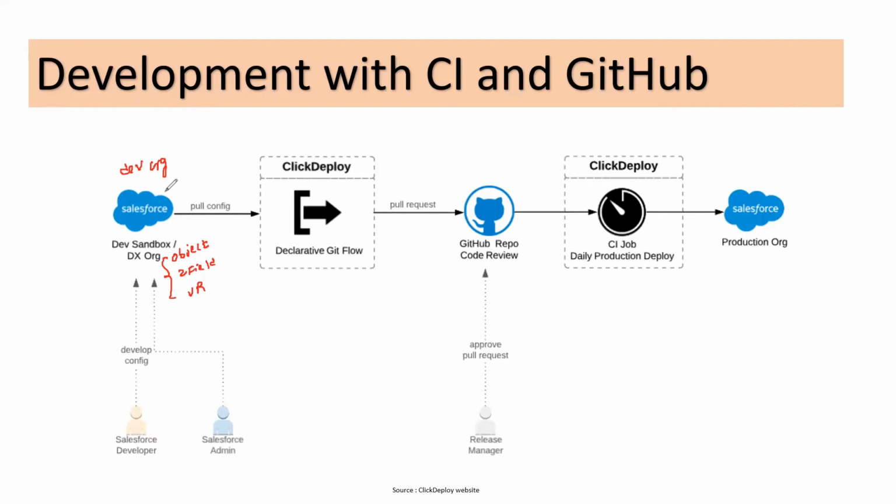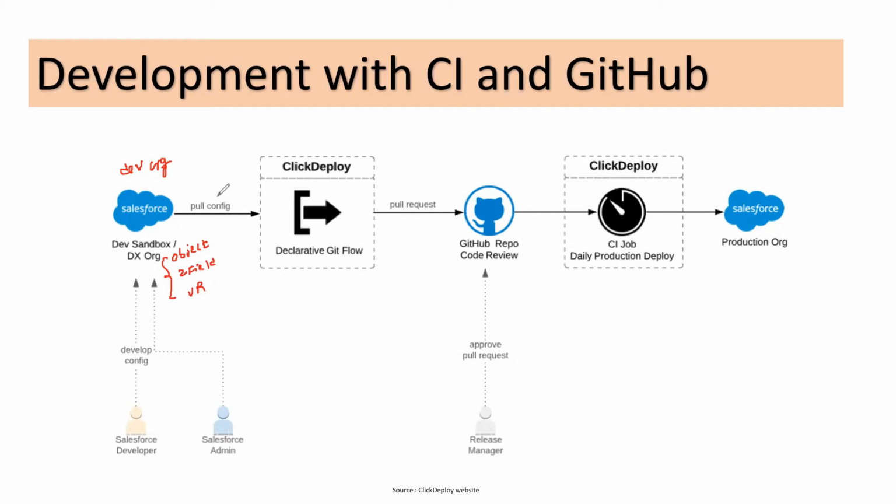Now, I have my changes in my developer org. So this is typically the process that you would follow in case you are implementing a requirement. So that part is done. So in our developer org, we have those changes. In case you want to move these changes from one org to another org, you would typically use the process of extraction and then deploying it. So let's see how Copado is helping us with this entire process.